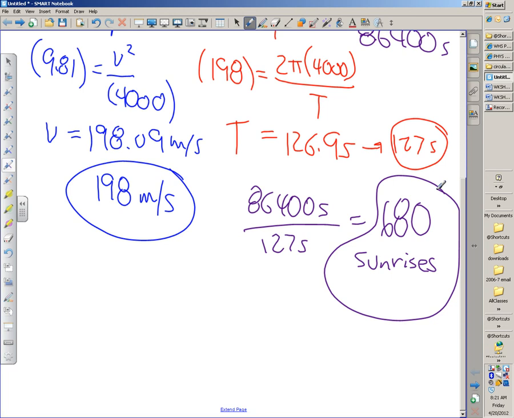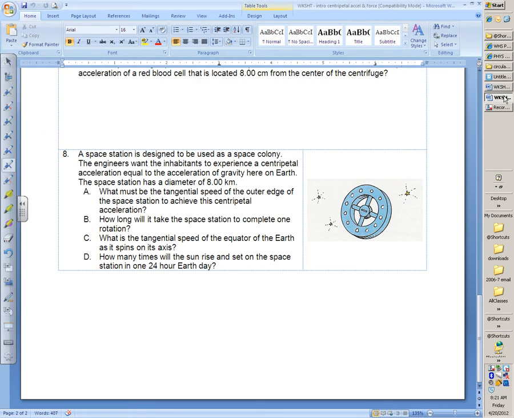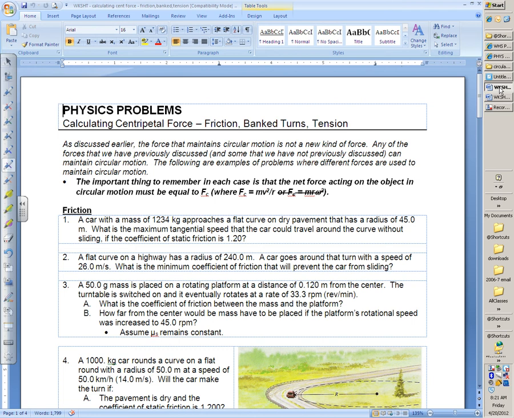Alright, from that point, let's go to the new problem set that I gave you today. What I want to do over the next week is take a look at mathematically analyzing this idea of centripetal force and see what's required in order to produce this circular motion. Up at the top, it says that, as discussed earlier, the force that maintains circular motion is